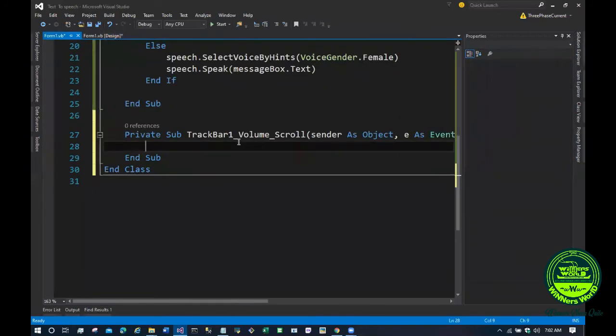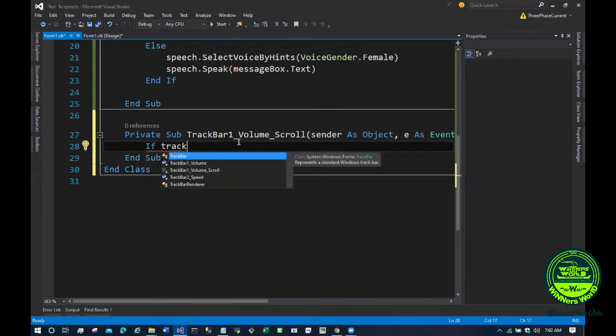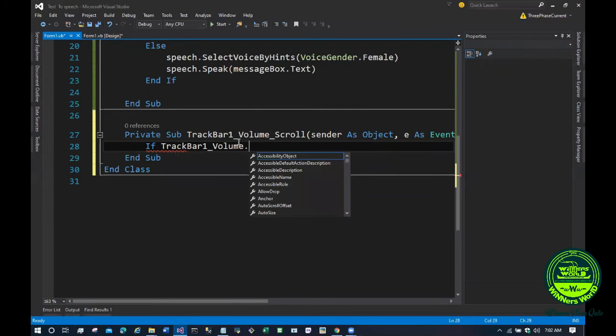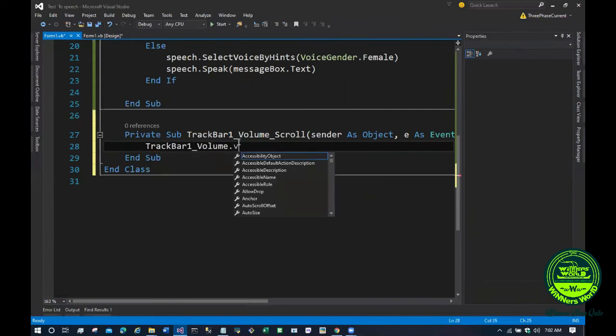Now let's say if track bar dot volume dot, no, let's use track bar dot volume dot value should be equal to label